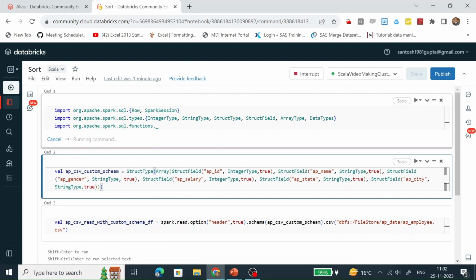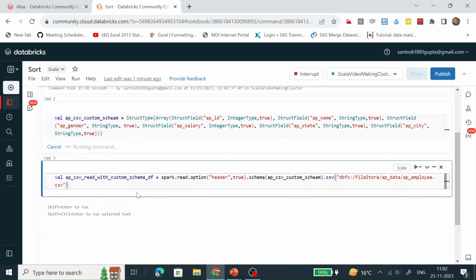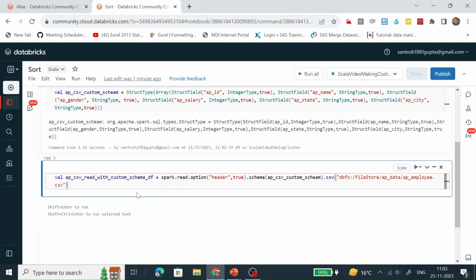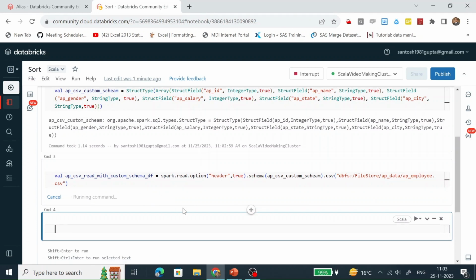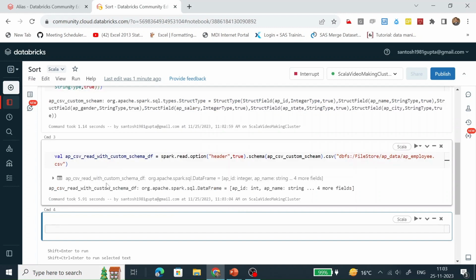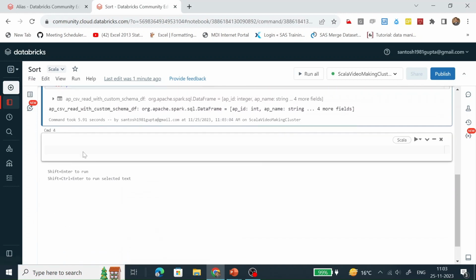It is taking some time. All the required libraries are available in this notebook. Let's create the custom schema. Custom schema has been created successfully. Let's create the data frame by reading a CSV file. This data frame has been created successfully. Let's display it.